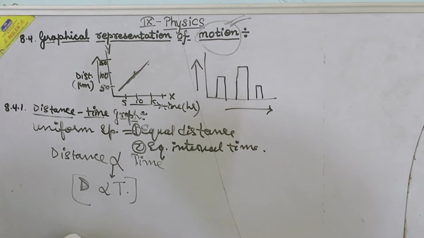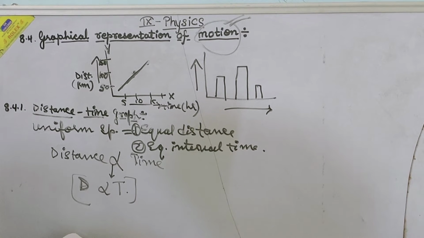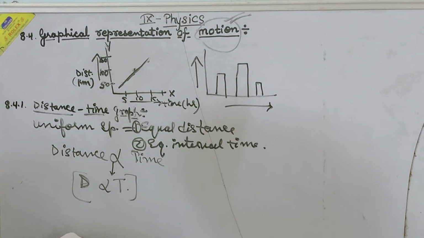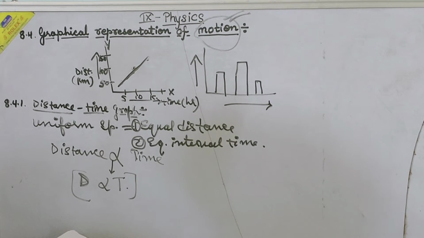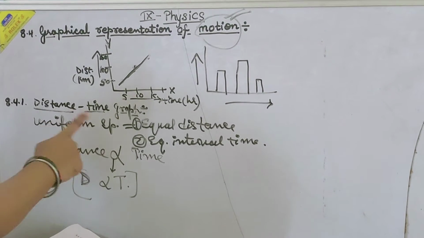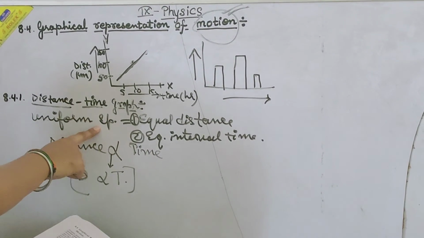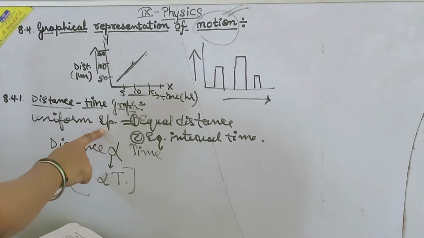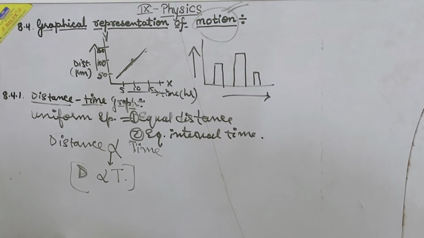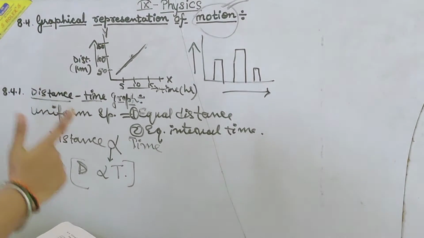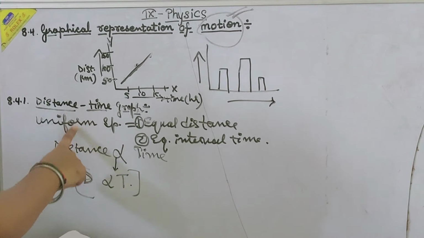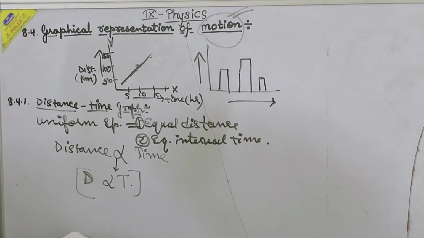Note that you can also use the term uniform velocity in place of uniform speed if you take the magnitude of displacement equal to the distance travelled by the object along the y-axis. We can use the term uniform velocity also in place of speed whenever we will use the magnitude. Magnitude मीन्स क्या, उसका आकार है, कितना पोर्शन वो कवर कर रहा है, किस तरीके से, तो उसके लिए यूनिफॉर्म वेलोसिटी वर्ड भी यूज किया जा सकता है.